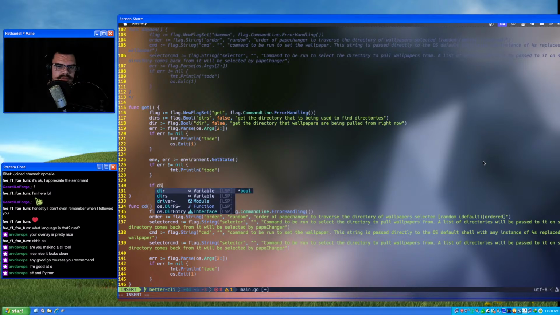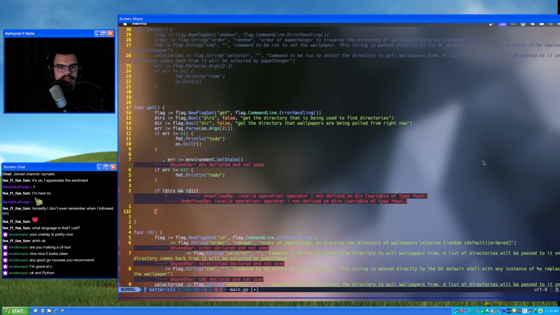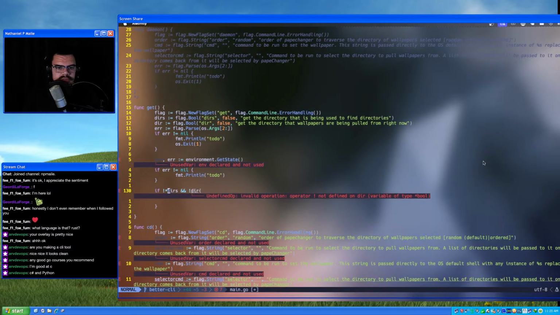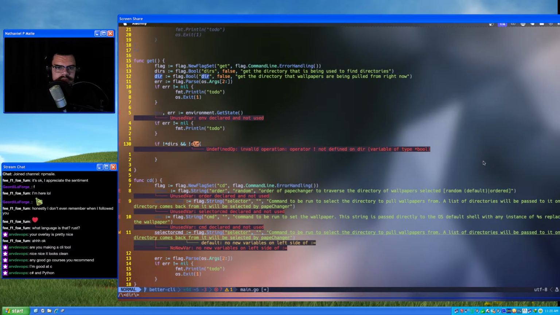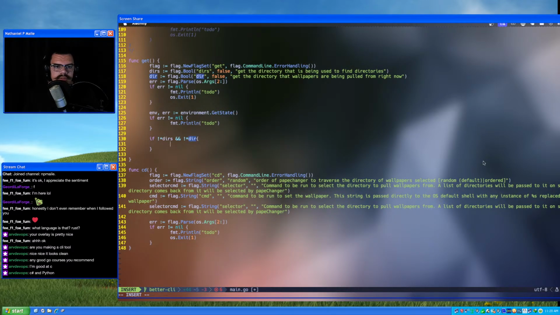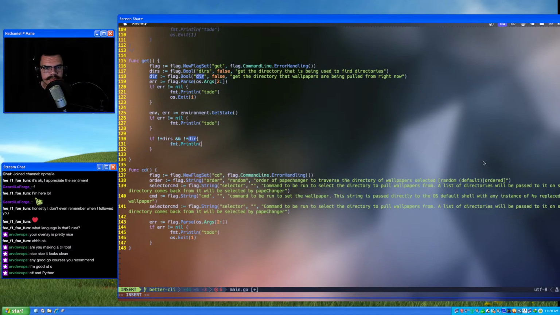So we'll say if not deers and, oh, don't know where the ampersand is, and not deer, and of course these are pointers, big hassle. Then we'll just say fmt.Println env.currentPape.